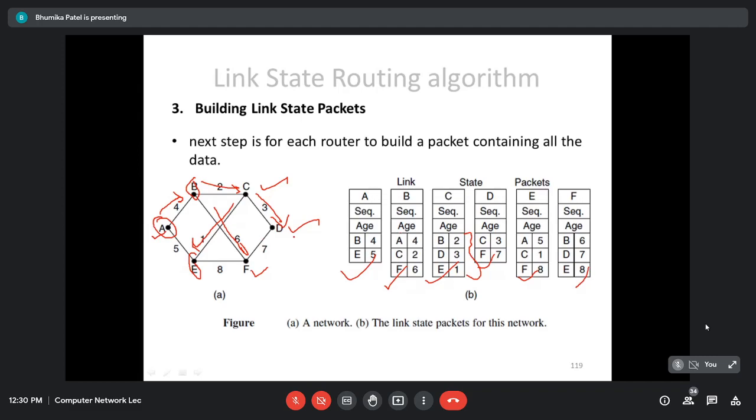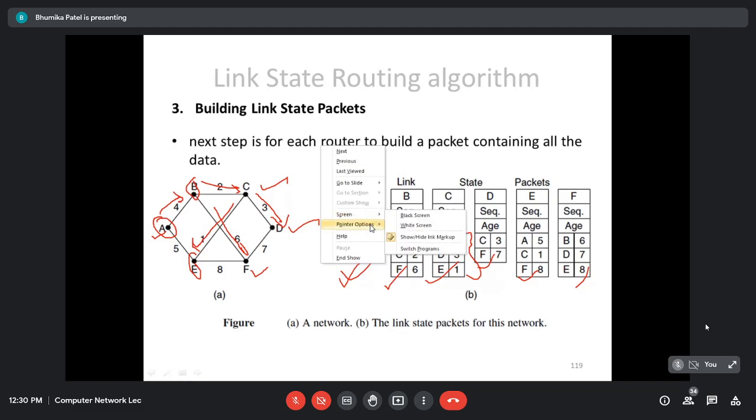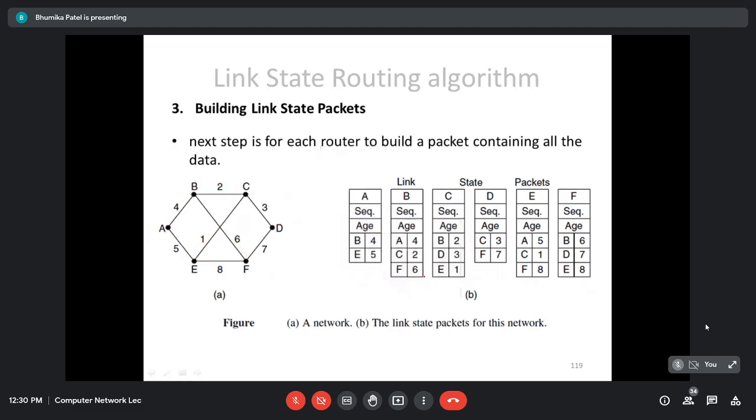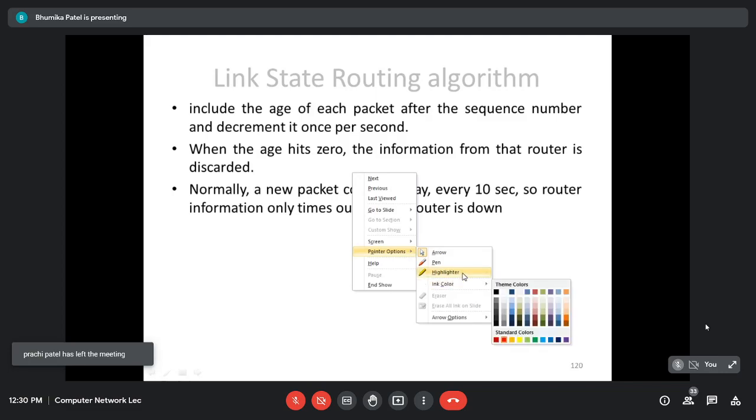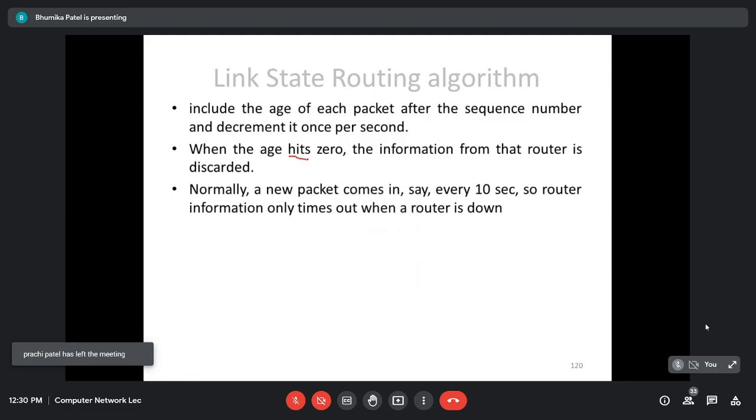It may be possible that the same packet will be received multiple times by a particular router. At that time we have to discard the old or the same packet. So the age of every packet is decremented once per second, as I said. The information gets deleted whenever it hits zero.